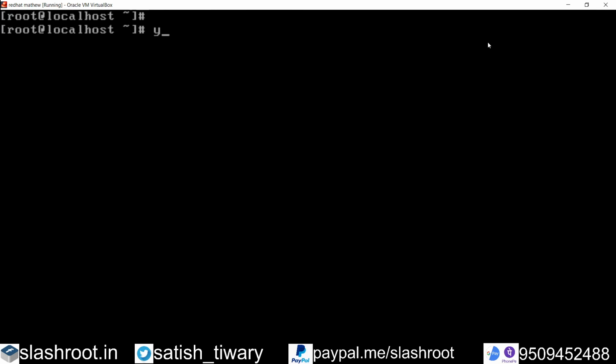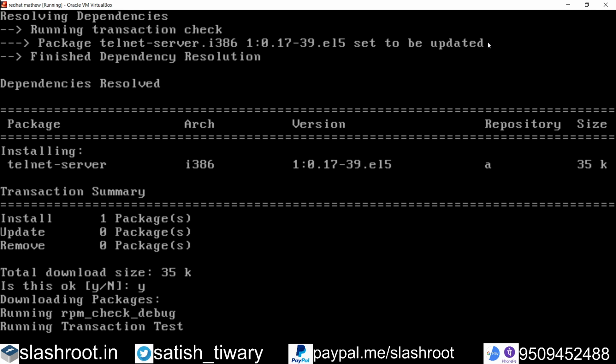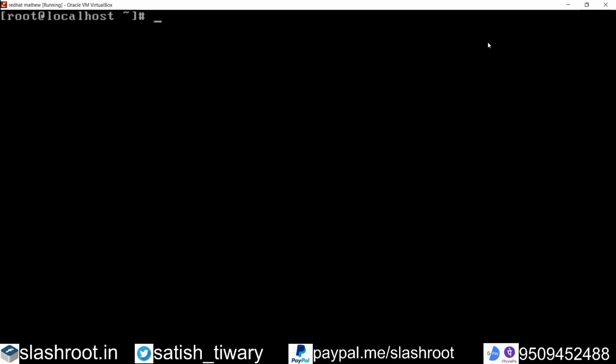You can also install something like yum install telnet package, and it will also help you to get the code. But if you don't want this telnet package, you can directly write the code, like go to /etc/xinetd.d and here create your own file and name it http-switch.